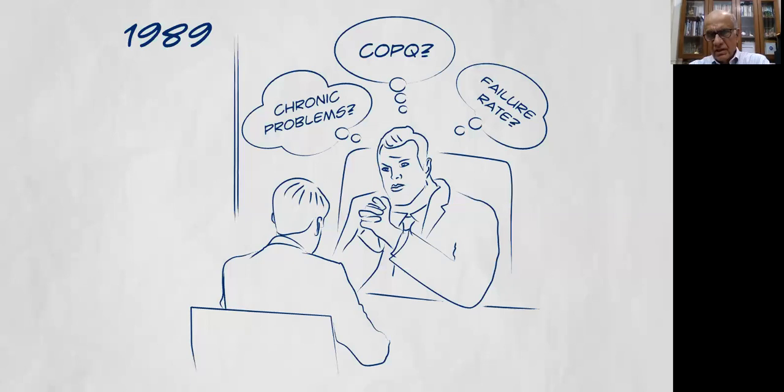So here was I, meeting the chairman of Tata Steel, Mr. Rusi Modi. Mind you, 3 decades ago, it was the darling of the share market. And the conversation ran with my jargon. Do you have chronic problems? He didn't know what I was talking about. Cost of poor quality, do you have failure rates? He just smiled at me. He said, everything I produce sells. There are no problems in Tata Steel.